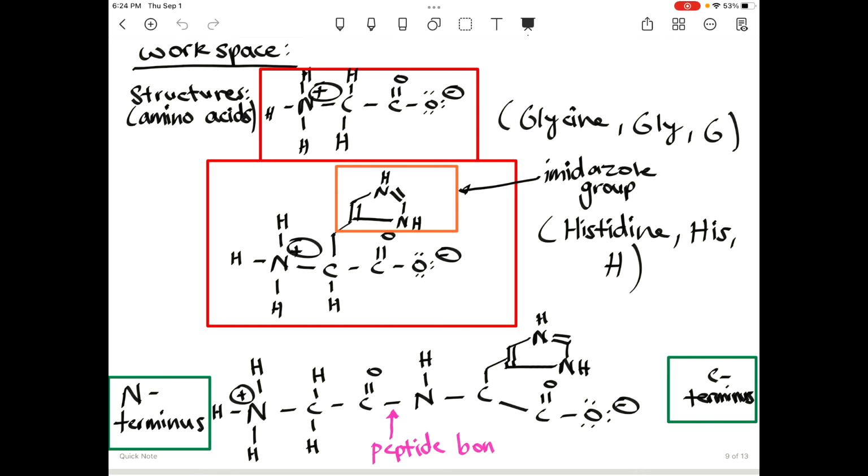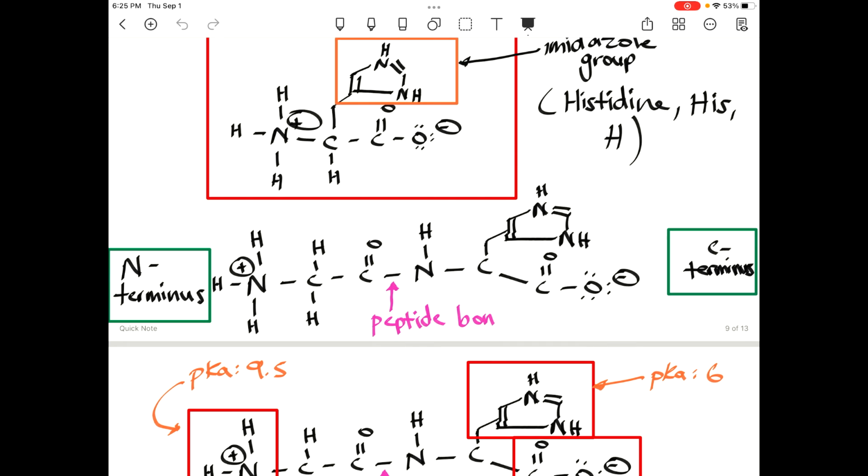Here we have histidine, which has our imidazole group, as we spoke about. This imidazole group is ionizable, meaning it can become positively charged. Here we have the amino group, the carboxylic acid group, and then the imidazole group. Histidine is HIS, and H. So G is our 1-letter abbreviation for glycine, and H is the 1-letter abbreviation for histidine. Now if we were to put this together in a dipeptide,